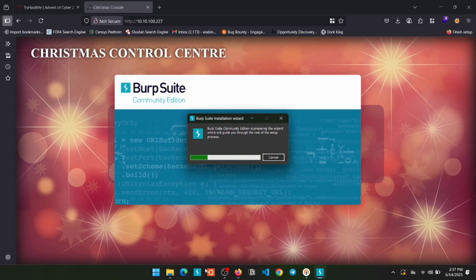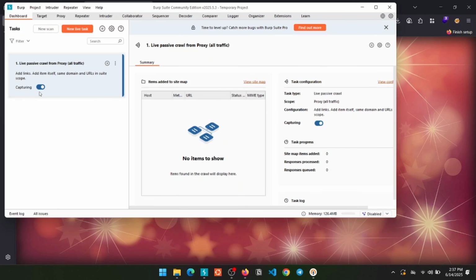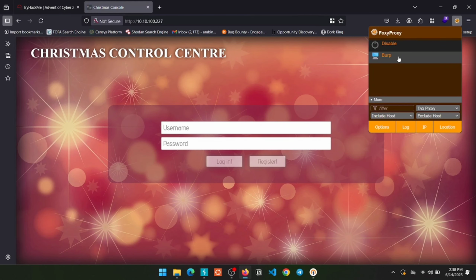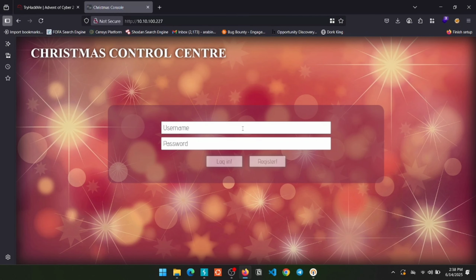Okay, it's asking for an update, so let me skip that. Now that our Burp Suite is completely turned on, I need to connect the web browser proxy with the Burp Suite proxy so that everything will be intercepted by Burp Suite. Done. Now we need to create the account,